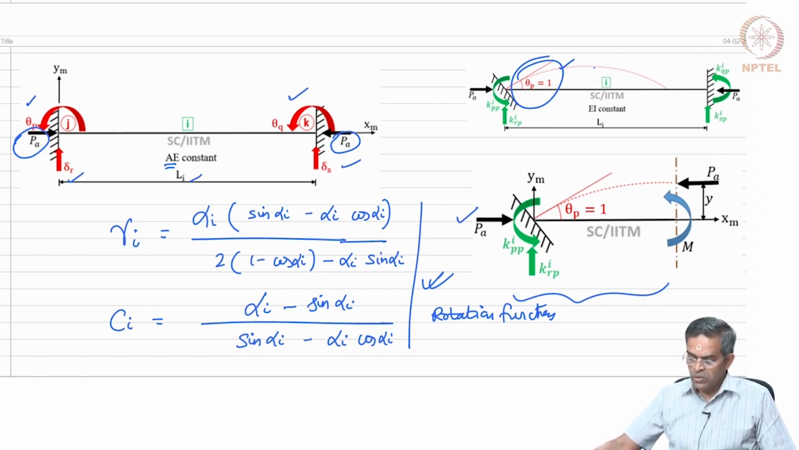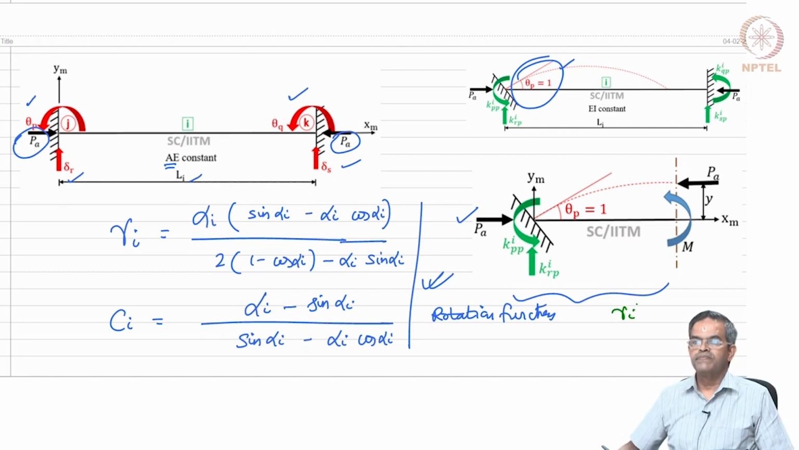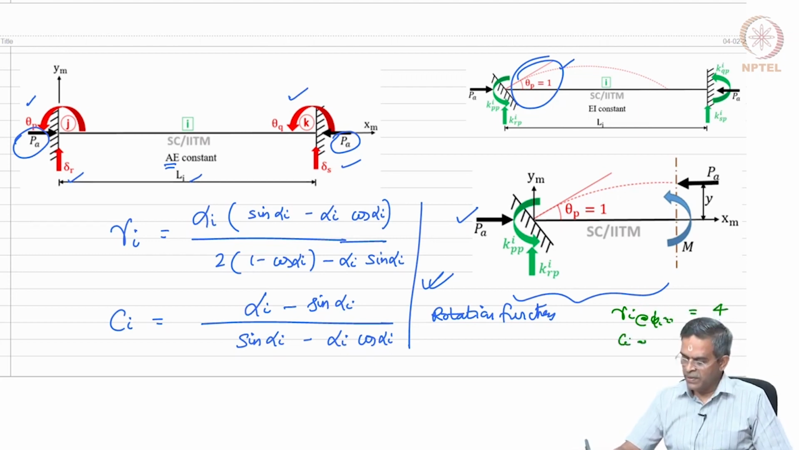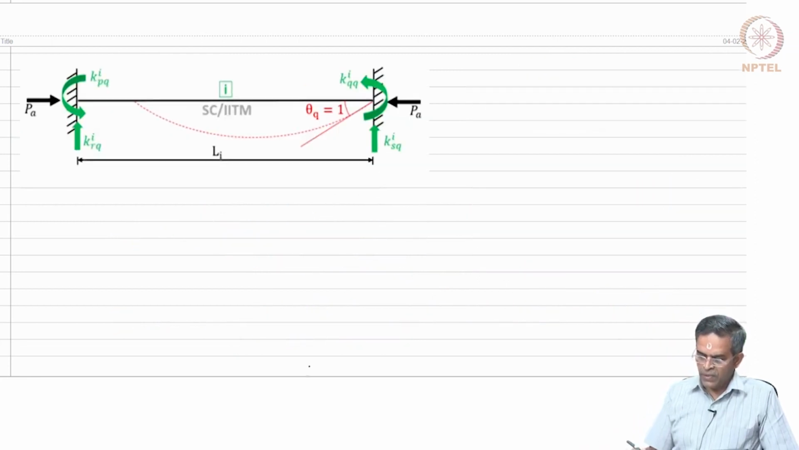We also proved that at axial load 0, I will write it here, Ri at phi i 0, axial load 0, is 4, and Ci at phi i 0 is 0.5, is it not? We used L'Hospital's rule, then we derived this. Then subsequently, friends, if you recollect,